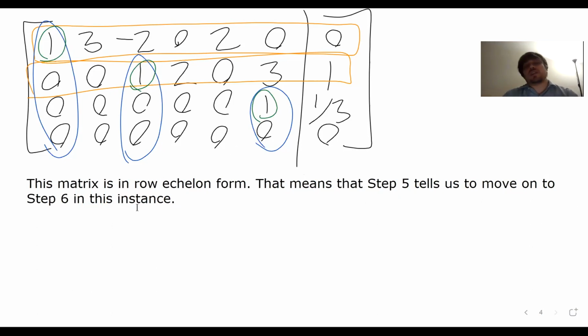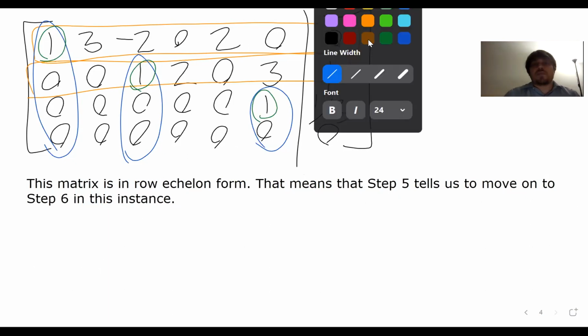Okay, and so where steps 1 through 5 were starting at the top and moving down, step 6 is starting from the bottom and moving up. So we start at the bottom and we work our way up. The bottommost row,